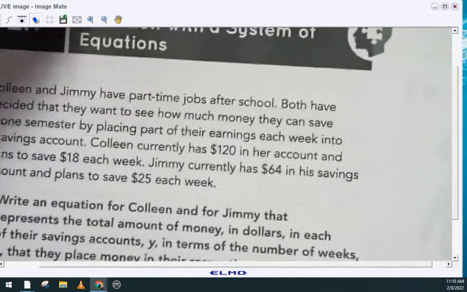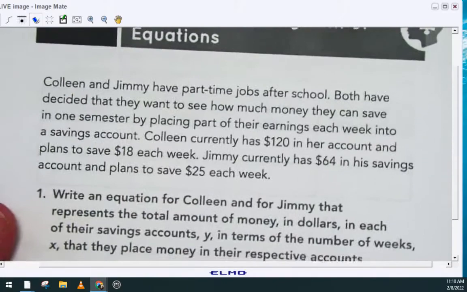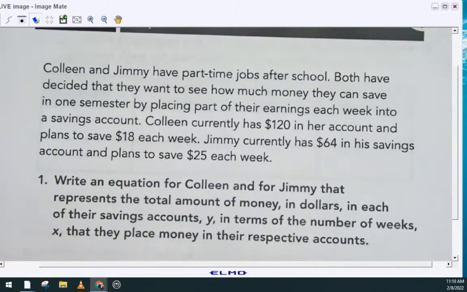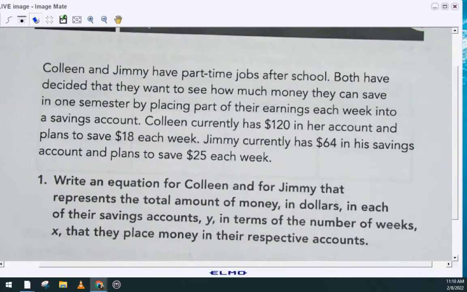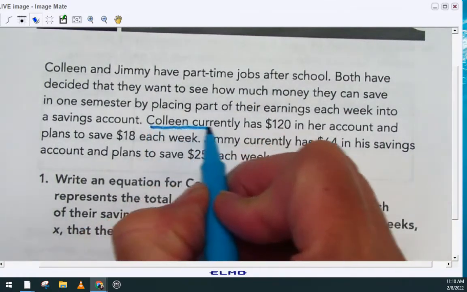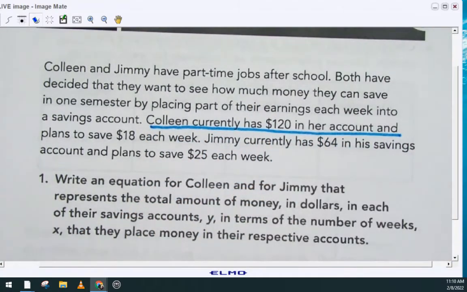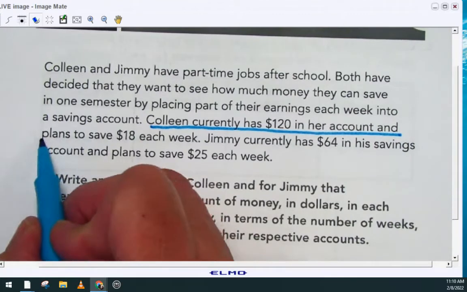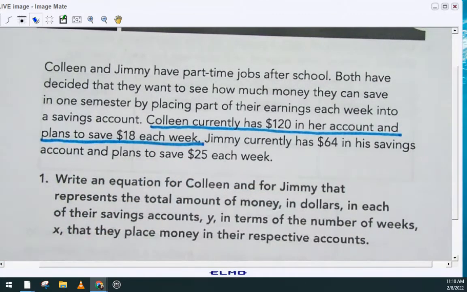Let's talk about Colleen and Jimmy real quick. They both have part-time jobs after school. Both have decided that they want to see how much money they can save in one semester by placing part of their earnings each week into a savings account. Colleen currently has $120 in her account and plans to save $18 each week. Okay, so Colleen,